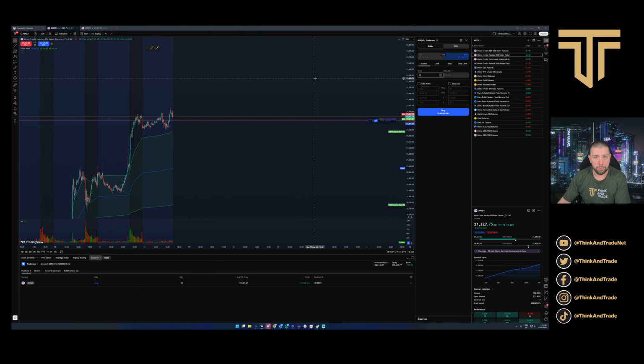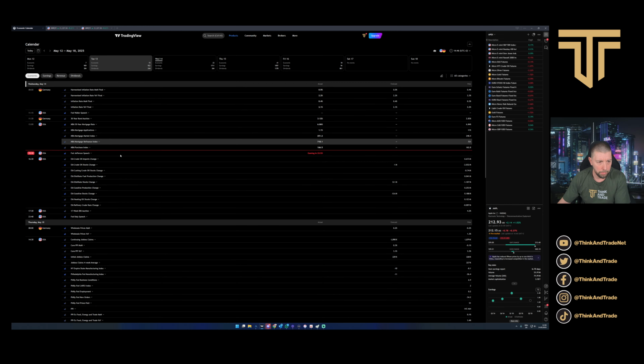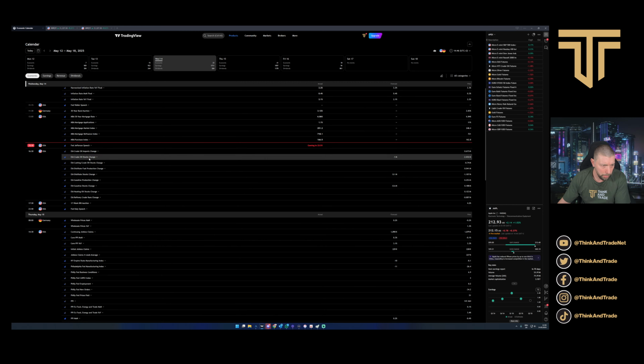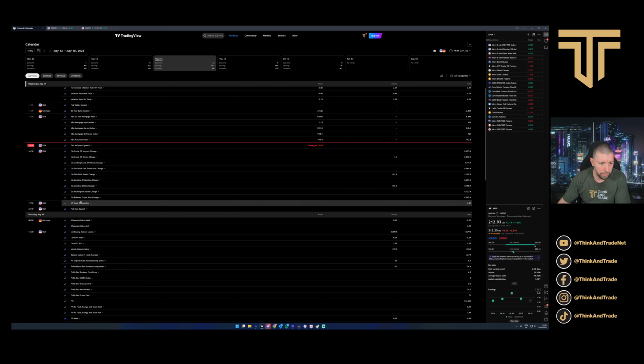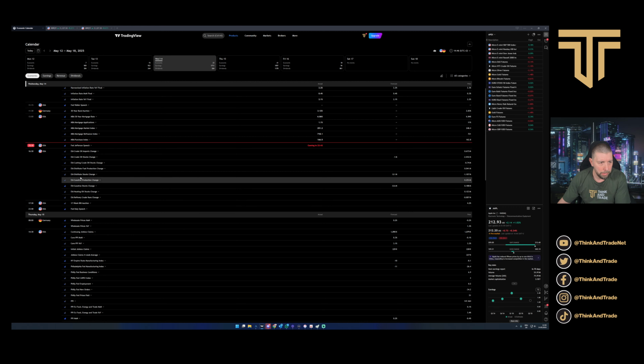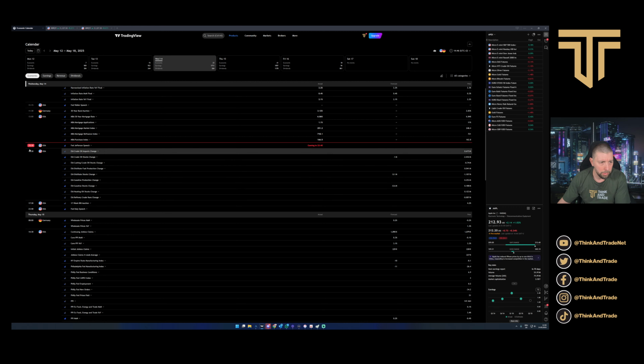We also have TradingView. This is where I trade my futures, and on the economic calendar today we don't have some very significant data as it seems, but all of this stuff is going to come around at